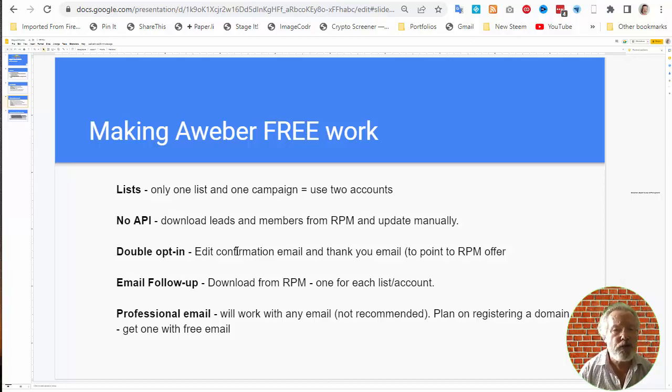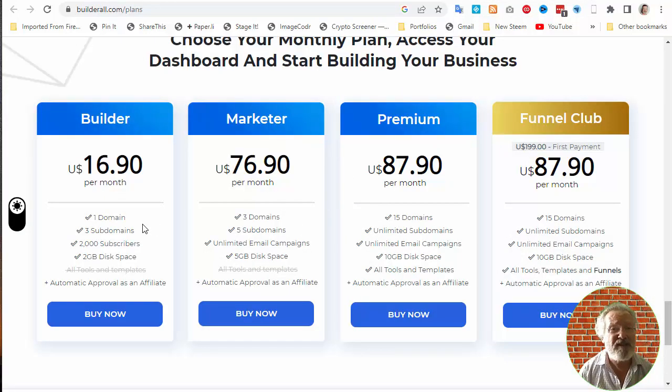Have 2 accounts, manage 2 lists separately, download these leads and members backwards and forwards, compared to spending $17 per month and getting automatic approval as a Builderall affiliate,